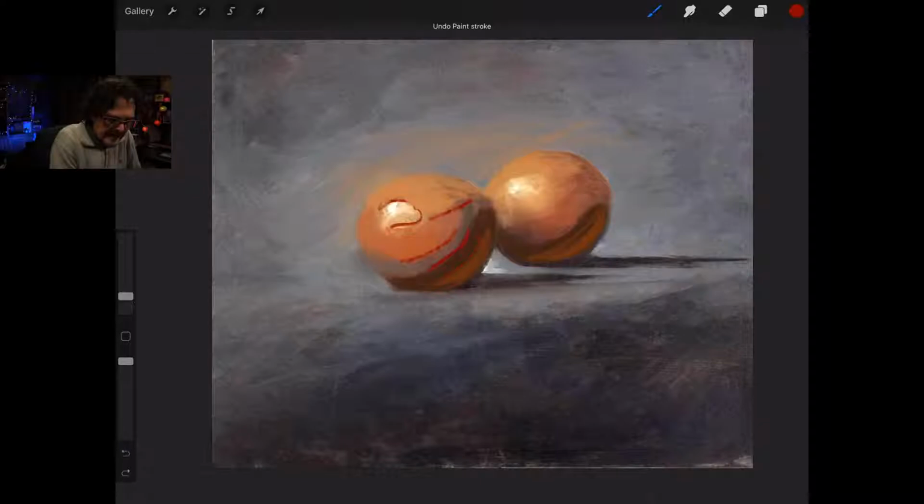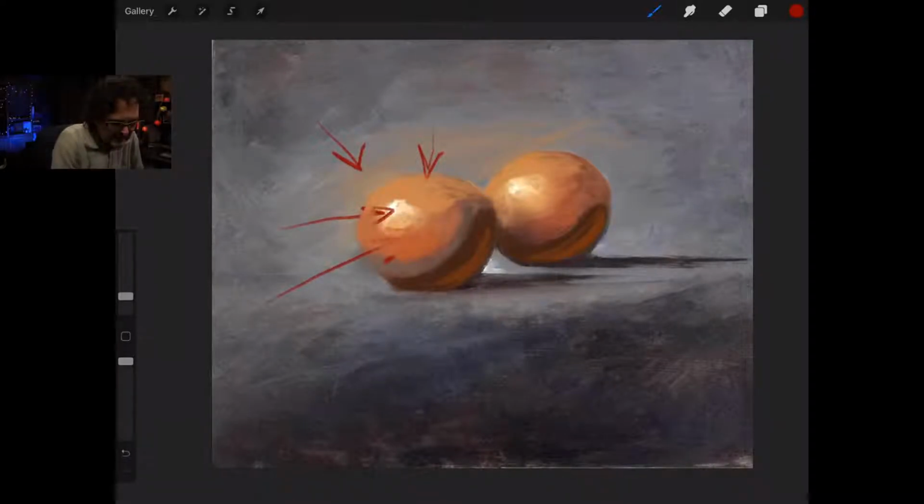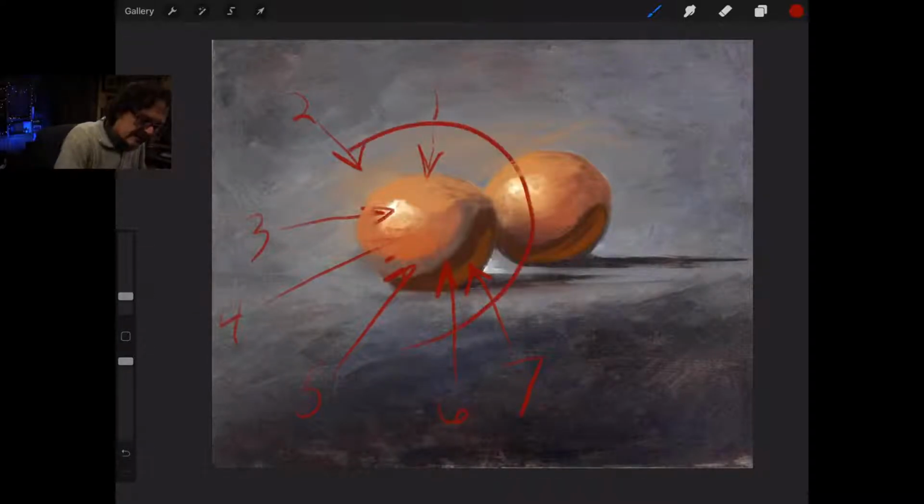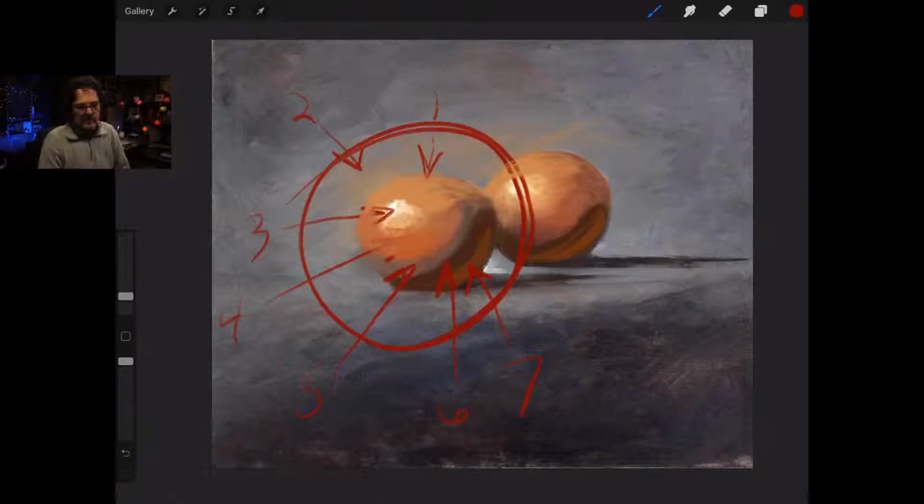But allowing for that, do you see the difference in how much more alive? Because we've got blanched, we got halo, we have highlight, we have color, we have air, we have shadow, we have reflected light. 1, 2, 3, 4, 5, 6, 7. That is why you are going to focus here. One of the reasons you will focus here.